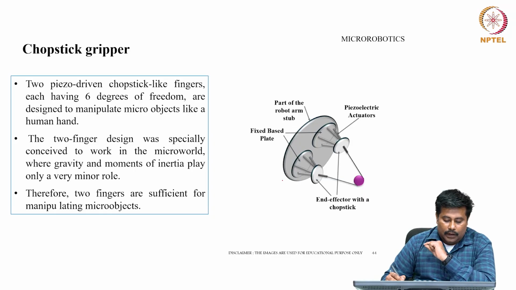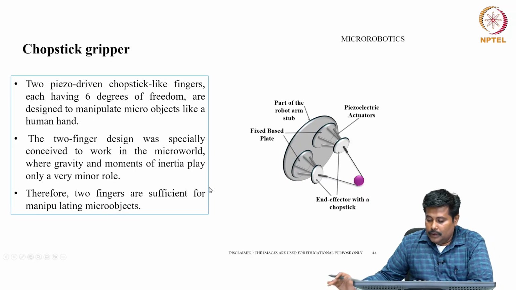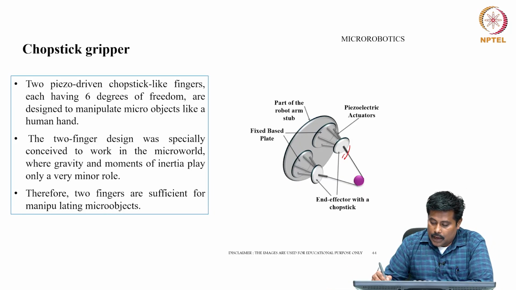Therefore, two fingers are sufficient for manipulating the micro objects in this particular system. So this has a different orientation and this has a different orientation. Appropriately, these chopsticks are efficiently used for